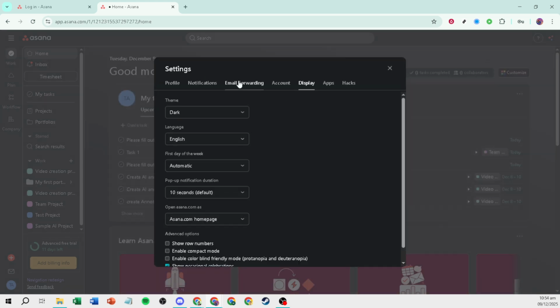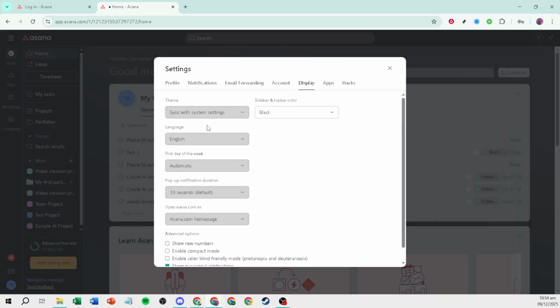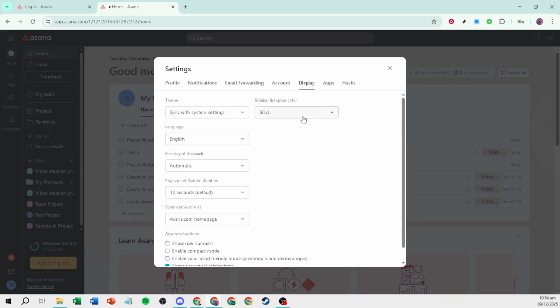sessions. Sync with System tells Asana to follow whatever your device is set to, so if your computer switches between light and dark based on the time of day, Asana will match it automatically. Hover or click each option, and you'll see Asana update right away, letting you preview how it feels before you settle on a choice. While you're in the Display tab, you can also change the sidebar and top bar color